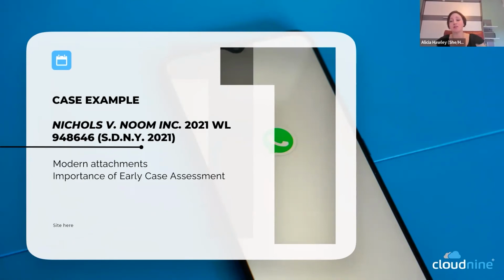And it's really important to have people with knowledge and expertise, who can think of these things and who can say, oh, you're using Google to manage your documents. Well, that's cloud-based storage. So there might be hyperlinks to documents as opposed to attachments. Let's figure out how we want to deal with that. So that's sort of what the case looked like. And I think it's just a really good example of all the considerations that need to be made and to be thought of throughout the duration of a case.